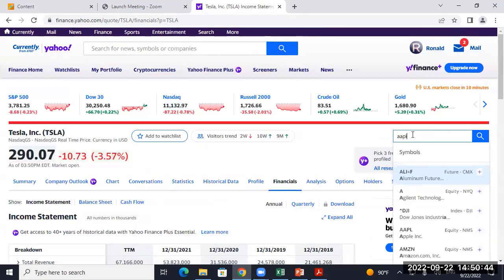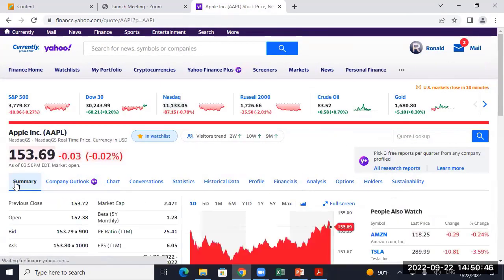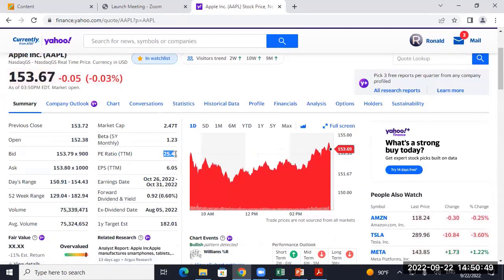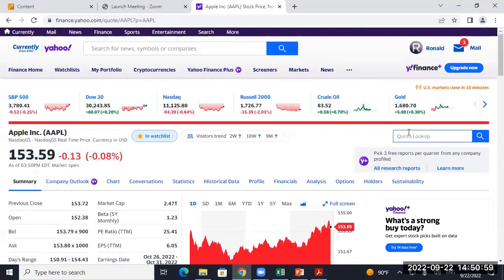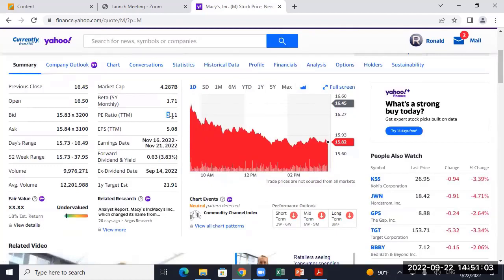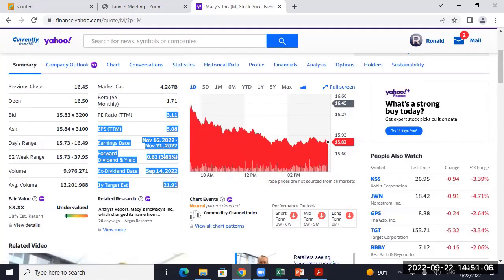What about Apple? Apple has a PE ratio of 25. That's getting up there. Anything over 20 is kind of somewhat growthy. So that's somewhat of a growth company. What about, I don't know if we can even do Macy's, but we'll try. What is Macy's PE ratio? 3. $3 to get $1. If they just stay where they are, you'll get all your money back in 3 years. What is the stock market telling you about Macy's? Is this a stock they're really excited about?